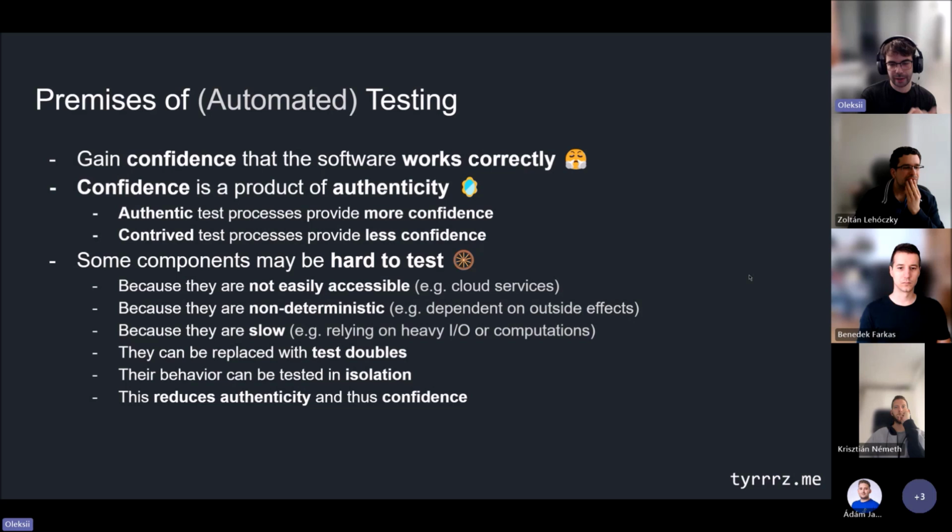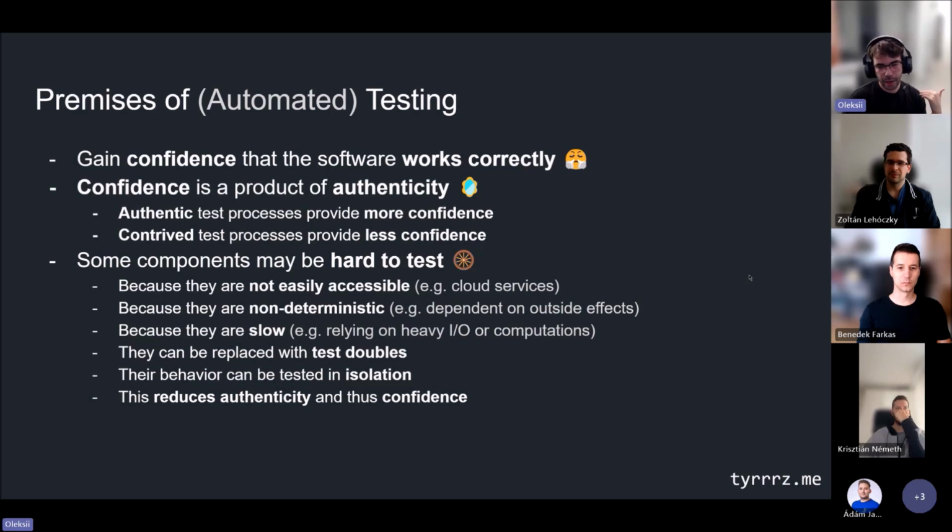First of all, they cannot be easily accessible. So imagine, again, the storefront uses a third-party cloud service. Maybe it's not containerized. Maybe it does not have an emulator that you can run locally. You don't want to create new resources to properly isolate your work, especially if you're doing it locally. And so you might decide that that component is just too difficult to test properly because